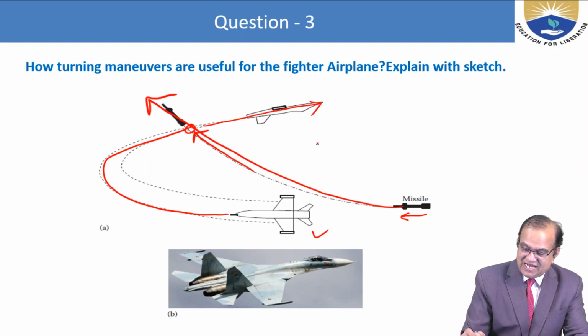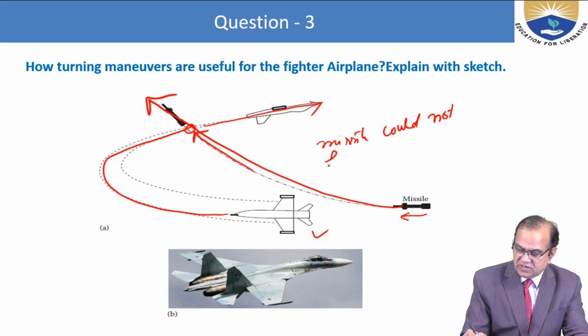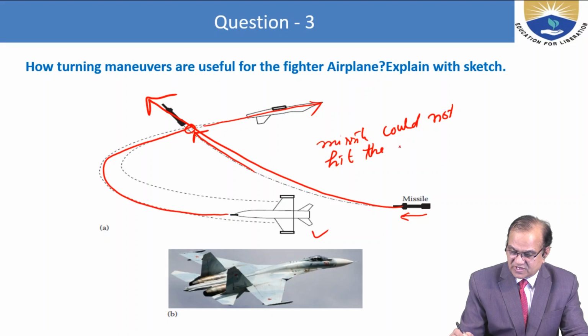So the missile could not hit the aircraft due to the high turning maneuver